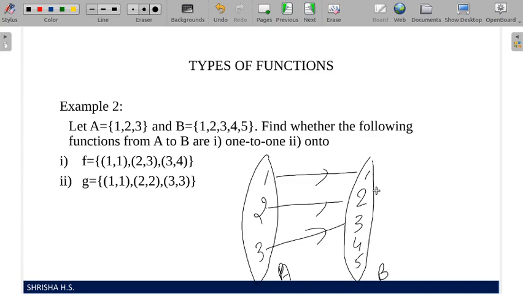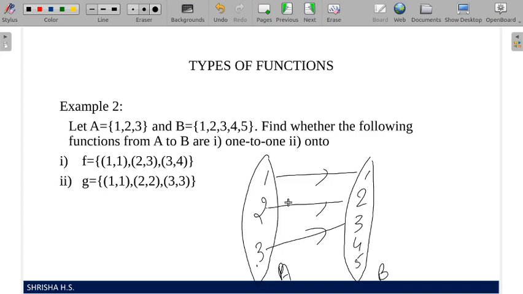Onto is not possible. 5 elements are there here, right? And also, to twist the question, if the question asks whether it is an identity function, yes, it is an identity function also. f of a equal to a you are getting, but that won't work much because 4, 5 is not there. It does not exactly match the identity function, because it should be the same 1, 2, 3, 4, 5. In A also 1, 2, 3, 4, 5 should be there. So that does not match.